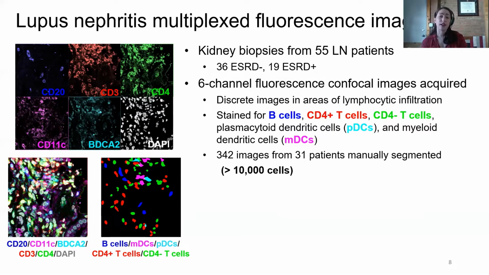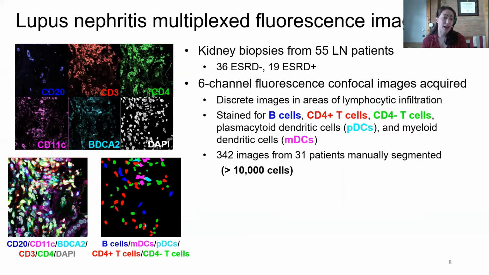So of our 55 patients, we selected a random subset of images from 31 patients for a training set of 342 images. Sorry, this is not just the training set, this is all of our manual segmentation: training, validation, and testing. And this resulted in over 10,000 cells that were hand segmented by our experts for this task. And so you can see an example of the ground truth for a single image ROI here in